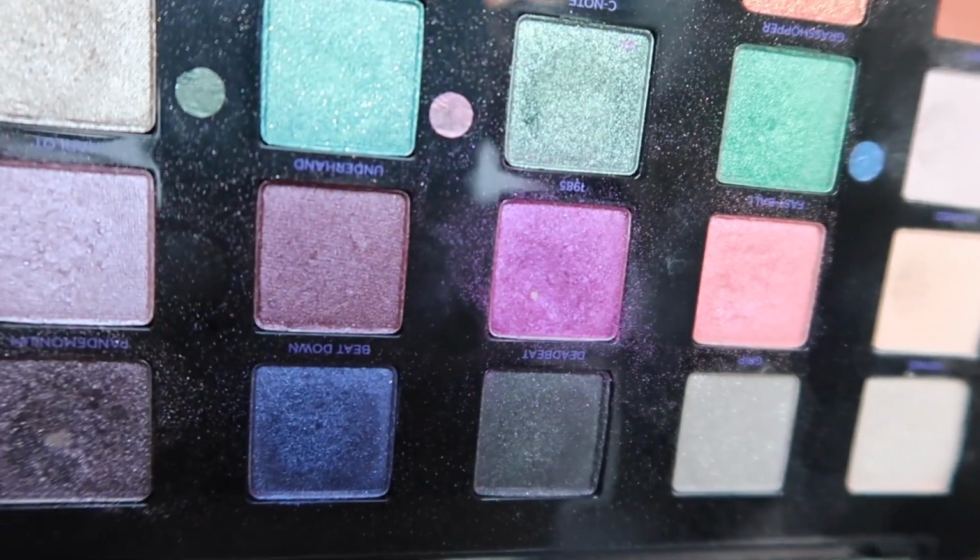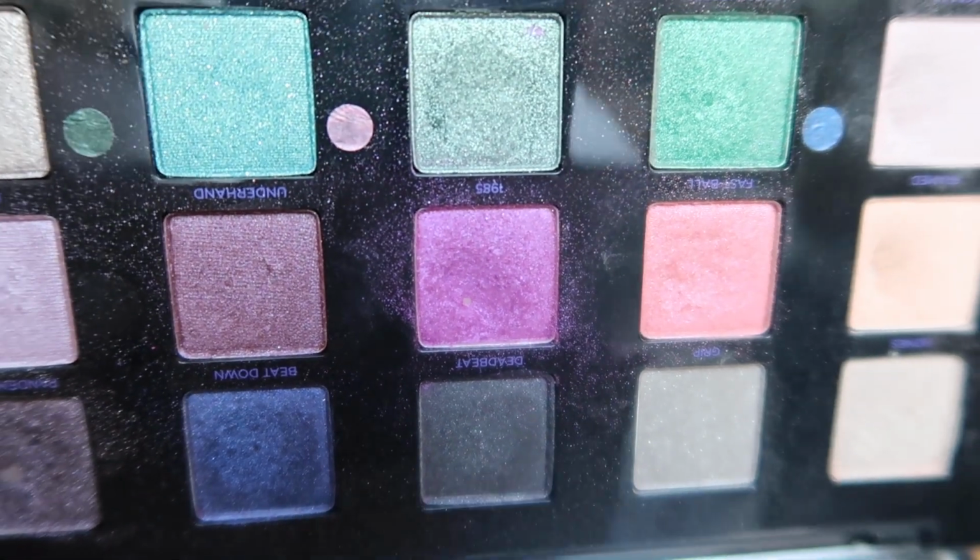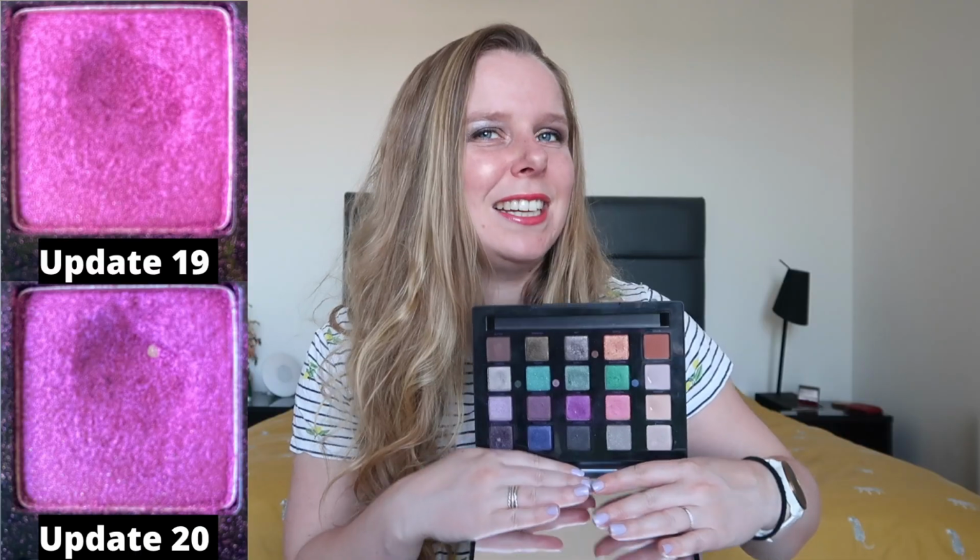And the one that I'm also really excited about is the Vice palette. And when you hear me say that, you might guess what has happened here. I've been working on the shade 1985 here for a really long time as well, for Paula from A Beauty Guru Made Me Do It. And I don't know if you can see it from here in the close-up. You definitely can. I hit pan on the shade